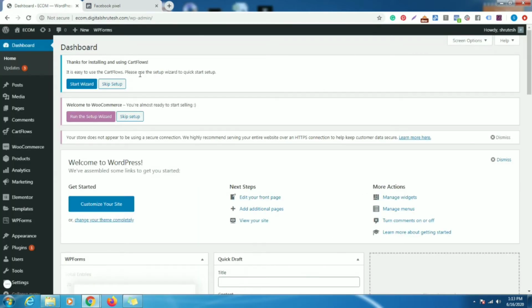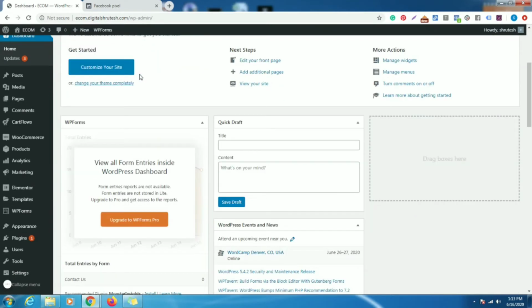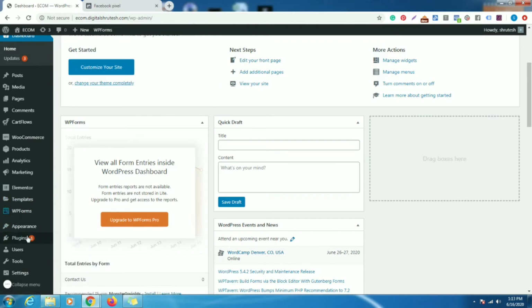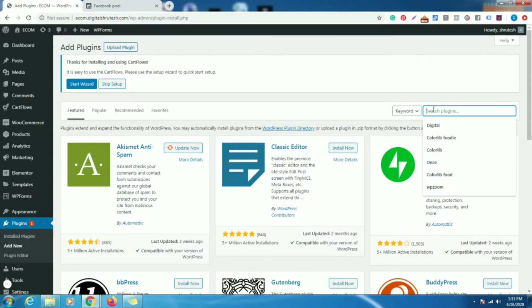But now we want to fire this code using Google Tag Manager. So we need a new plugin for Google Tag Manager. Here in the plugins, go to the admin, and we are going to install a new plugin related to Google Tag Manager.